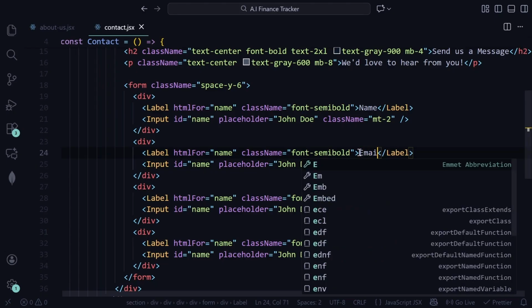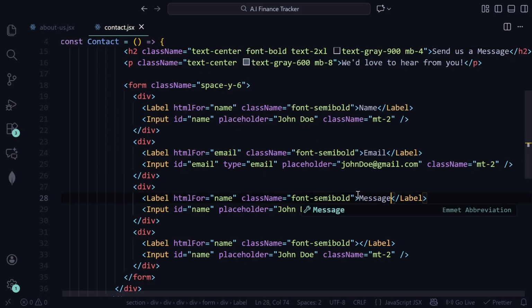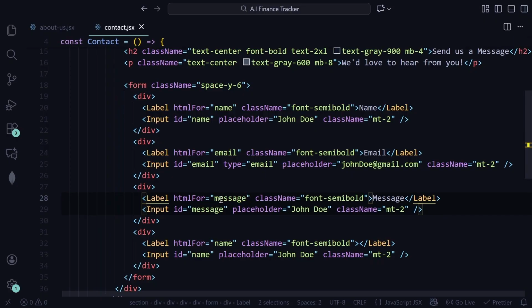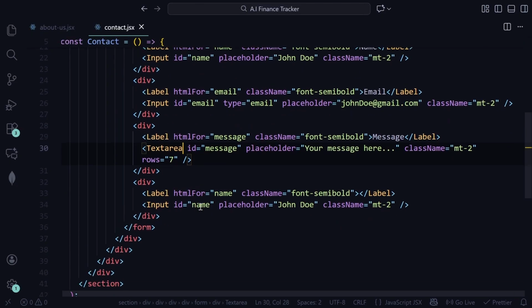and this would be email. Let's make this both email as well, and then johndoe@gmail.com, and the type would be email, and then message would be again message, placeholder is your message here dot dot dot, and then rows would be 7, and then we'll use the text area component here,